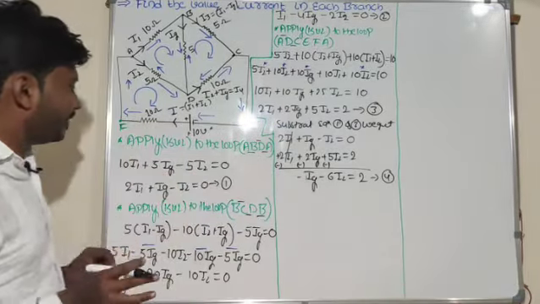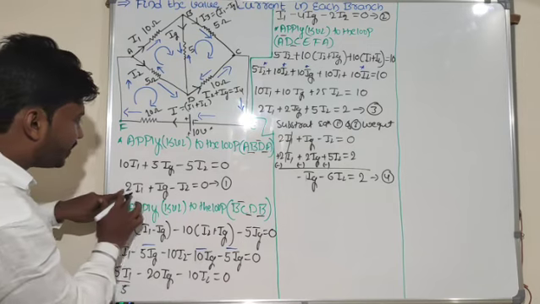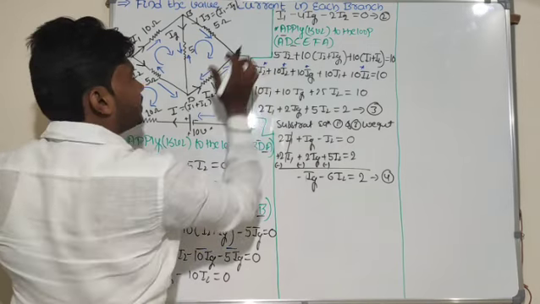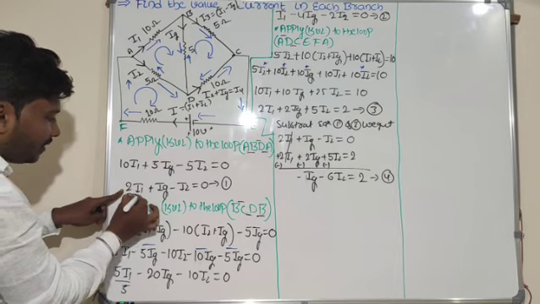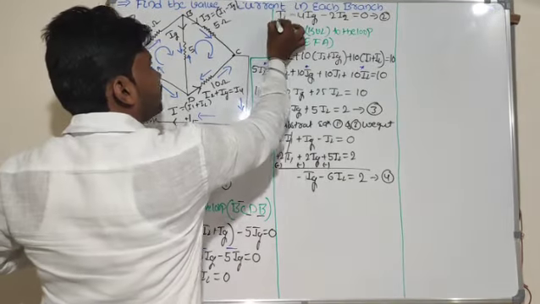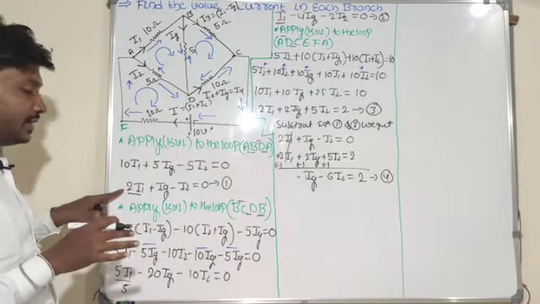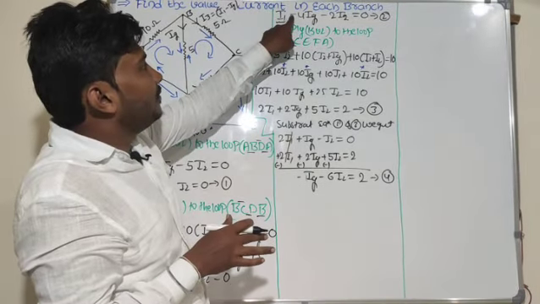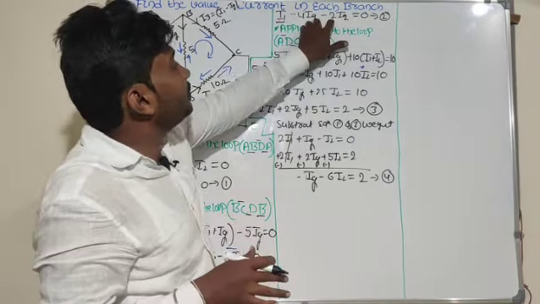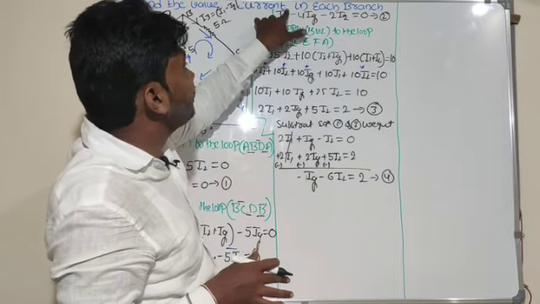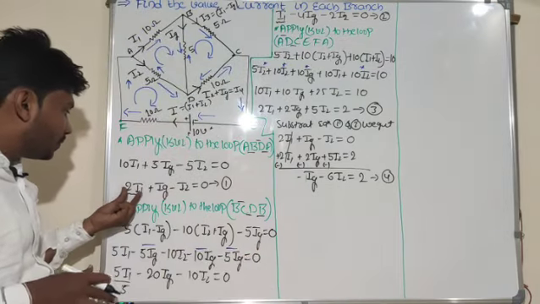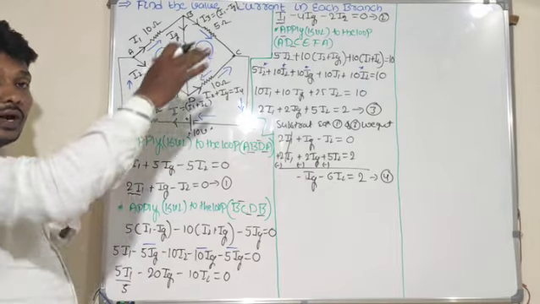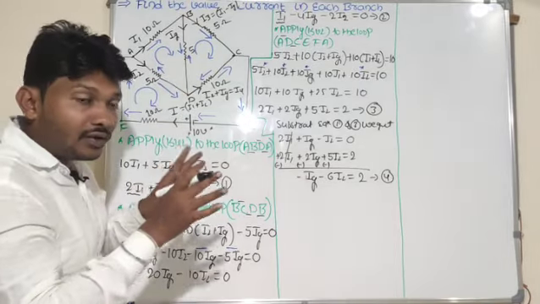Now I will take one more thing. I will take equation 1 and equation 2. Look at here. In equation 1, 2I1 is there. In equation 2, the I1 term is there. So just equation 2 I will multiply by 2. Why? Because I will get 2I1 here, and here also 2I1. So 2I1 will get cancelled out. Again I will get one more equation.